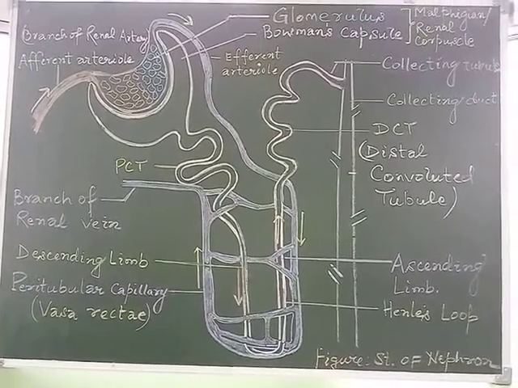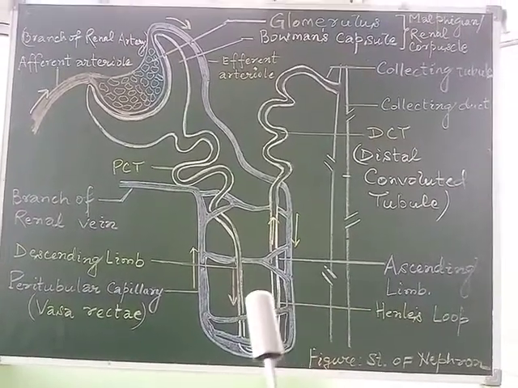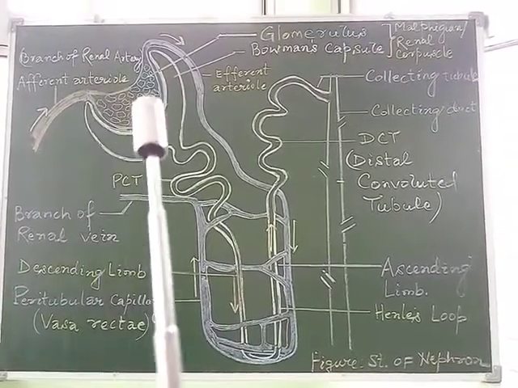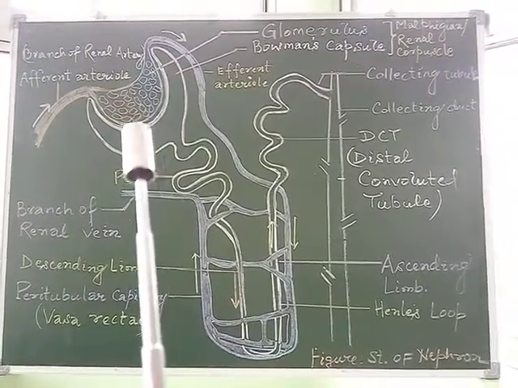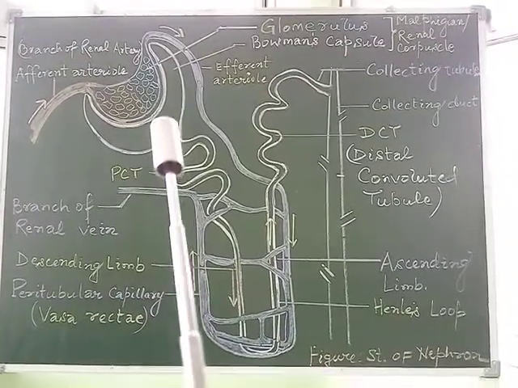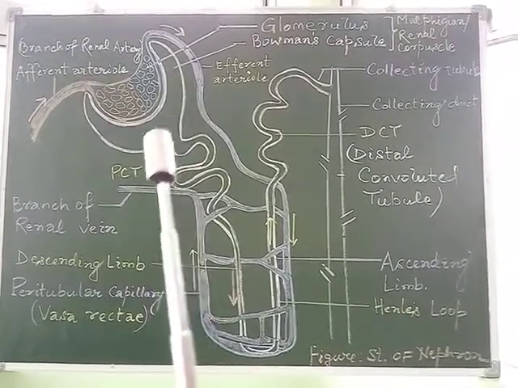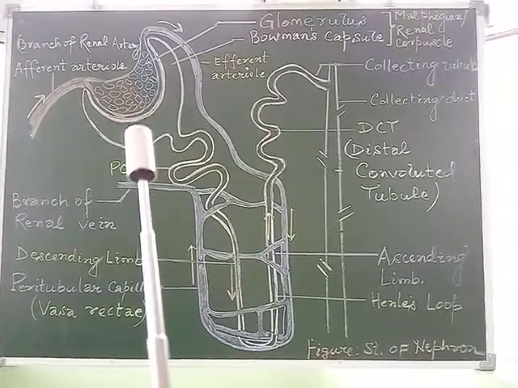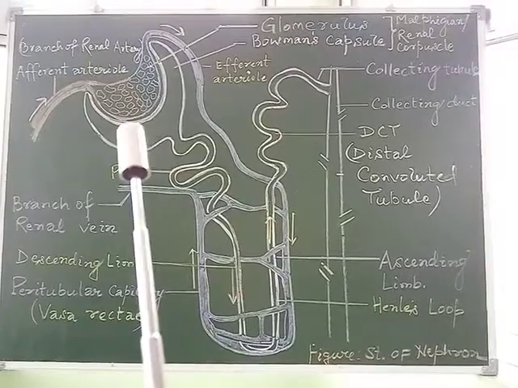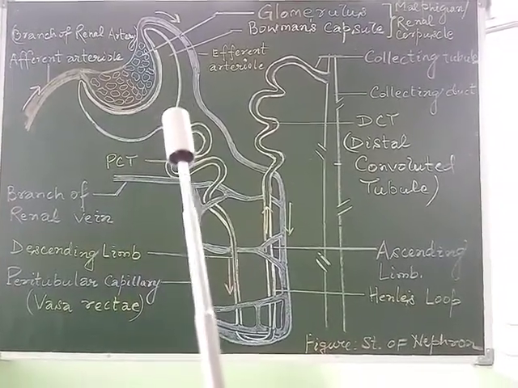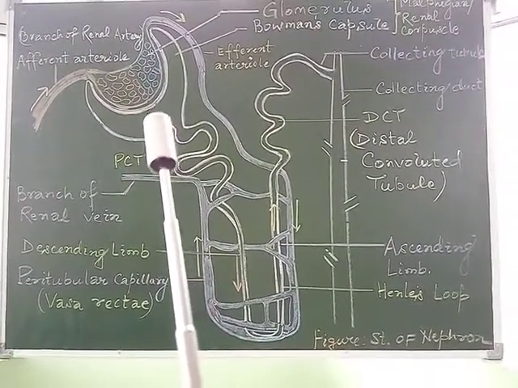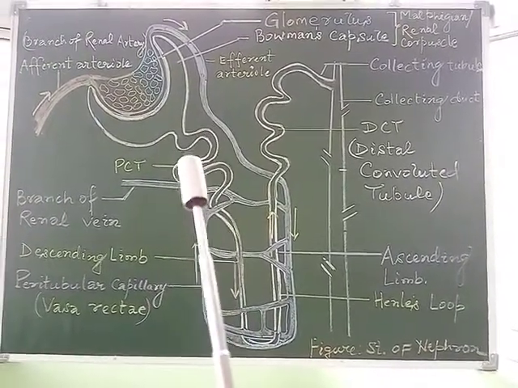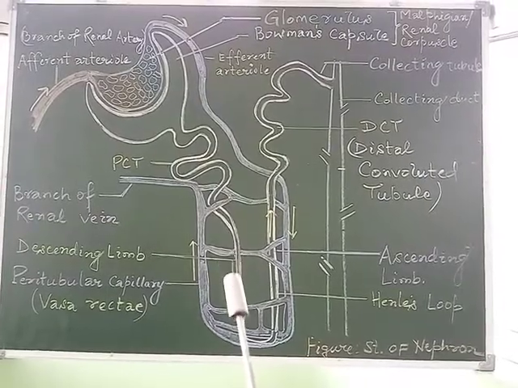So let us recapitulate once more the facts. We have discussed the blood entering through the afferent arteriole into the glomerulus. It gets filtered out, and the filtrate which is formed within the Bowman's capsule is called glomerular filtrate. And the rate, as we have discussed, is about 180 liters per day in a normal adult healthy person, and the filtrate is then reabsorbed.